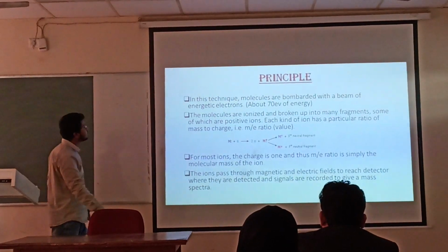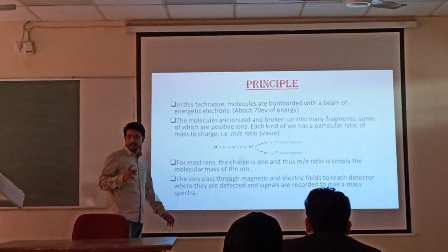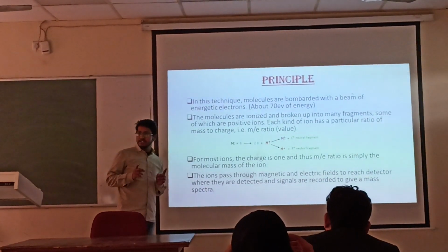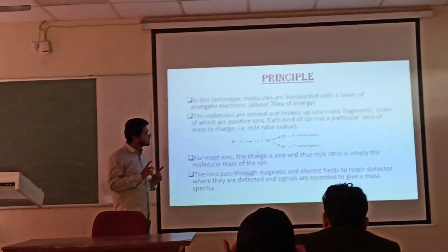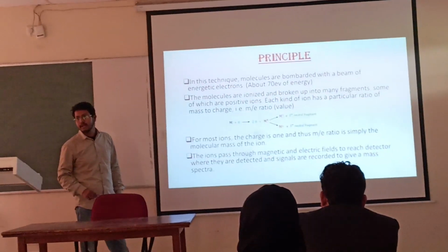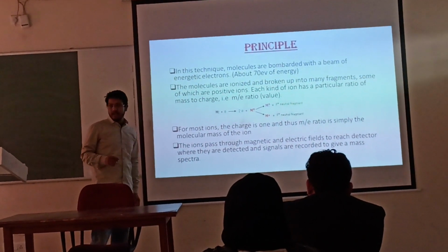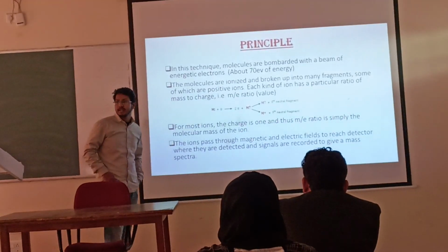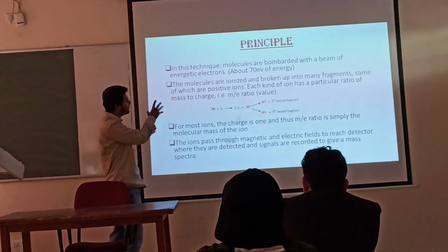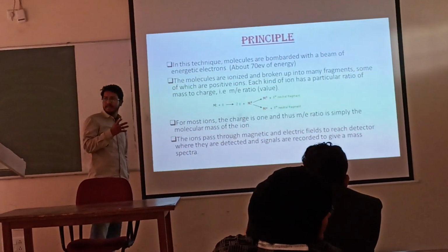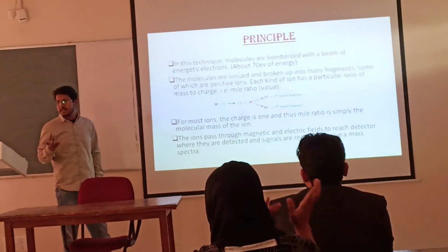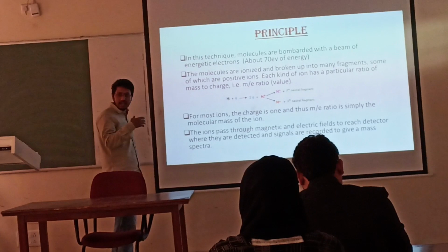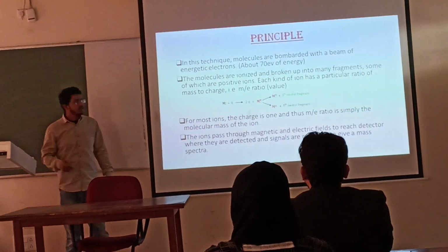Coming to the principle, in this technique, electrons are bombarded on the sample and the sample gets converted into a cation. An energy of about 70 electron volts, which is very high, is used, and about 10 to 12 electron volts are used for the ionization, and the rest of the energy is used in the fragmentation of those molecules. Along with the primary cation, which can be called the parent cation, other fragments are formed that are analyzed in the analyzing chamber using magnets.